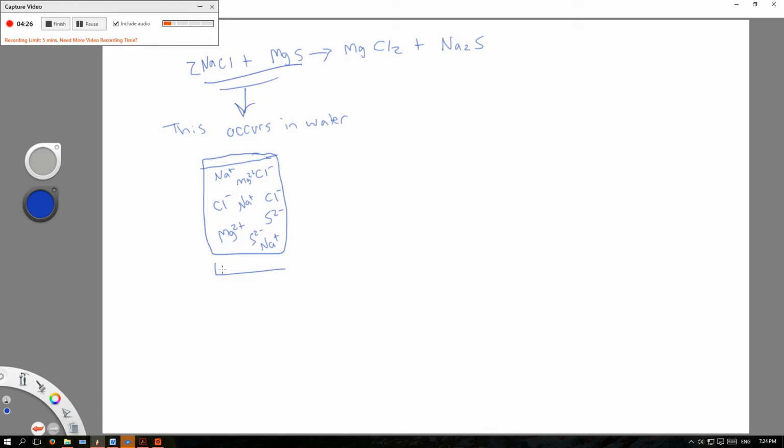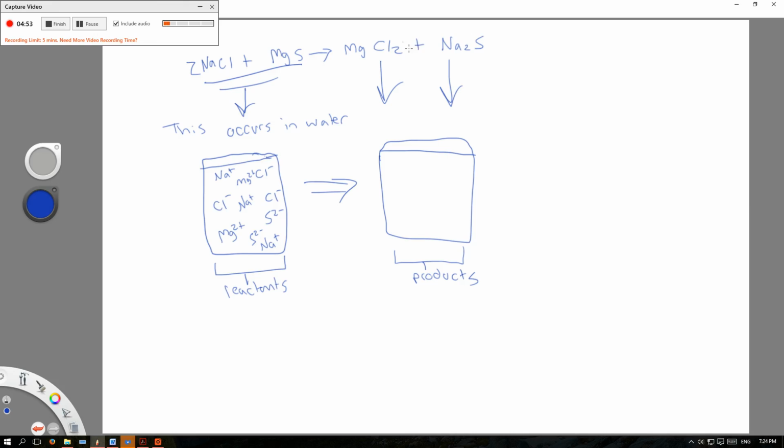So you have this in solution, you have all this stuff floating around, right? And then when you react, you're going to have this stuff broken down, right? So this is reactants, and then products. But this is where it starts to get a little different. Now what we could have is some of these could be solid, some of these could be aqueous, or